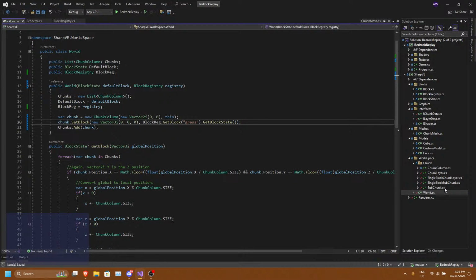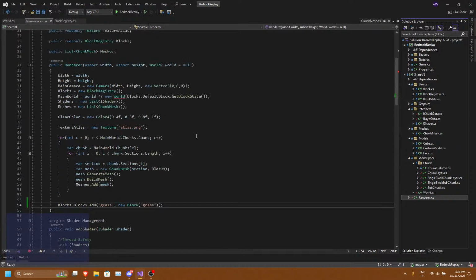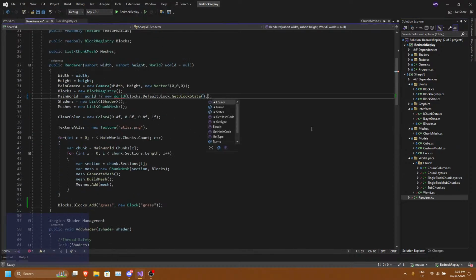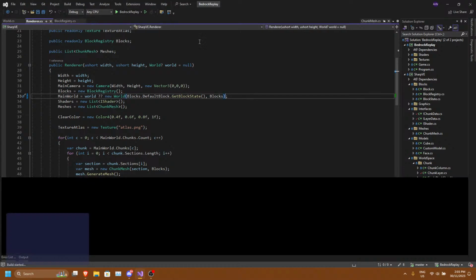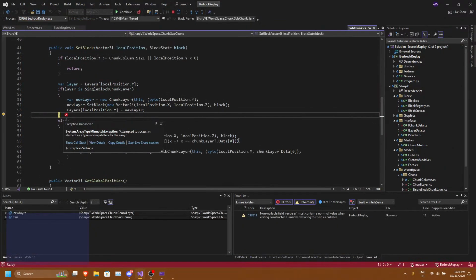Hopefully that works. Then in our renderer, we have to pass in the... This is only temporary for now, but we'll see if this works. Nope, we got an error.